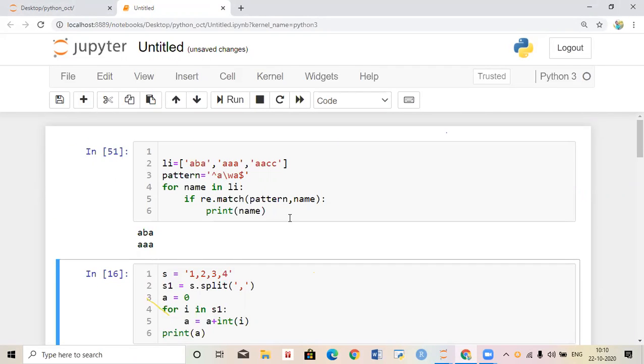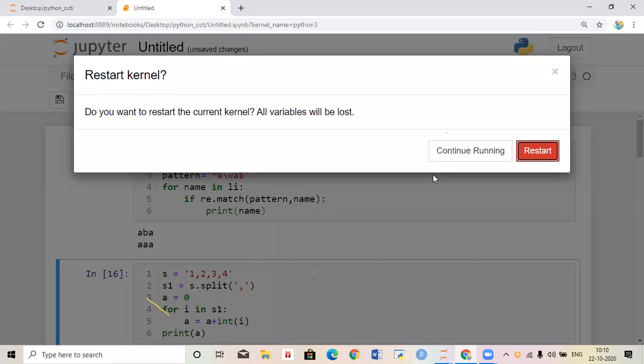Previously re was there, that's why it's showing this. If you want, restart once. Restart.